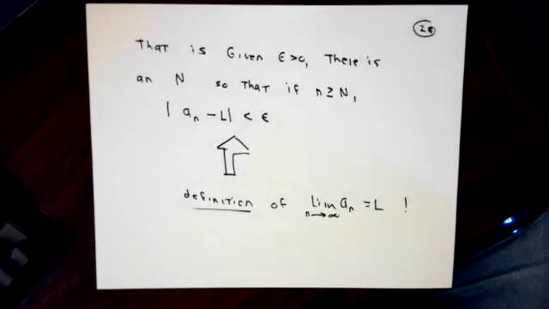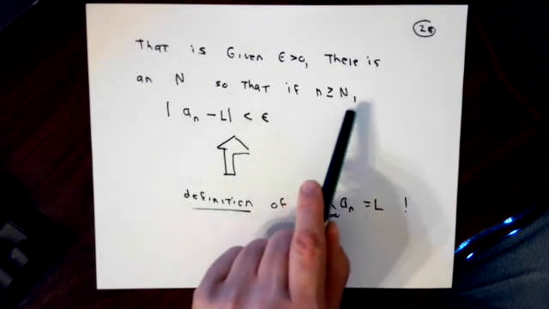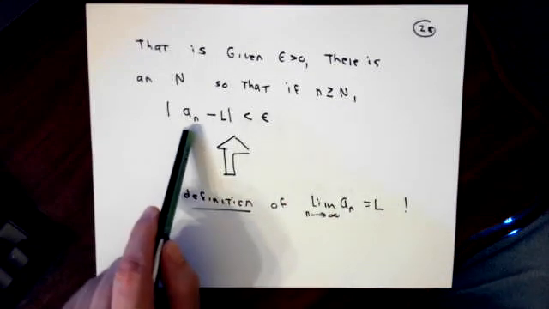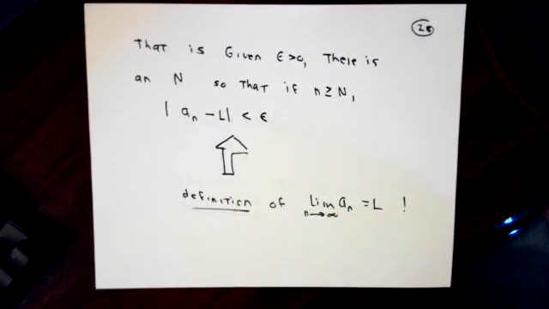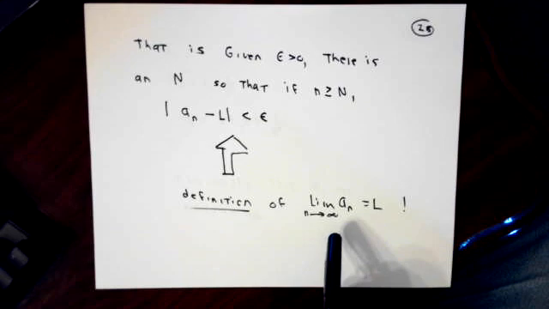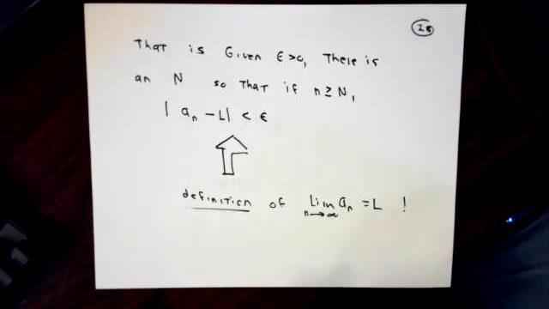So twist the language around until it matches up with the language we talked about previously. Given any positive number epsilon, there is a number capital N, so that if little n is bigger than or equal to capital N, then the distance between a little n and L is less than epsilon. This is literally the logical definition of what it means for the limit as n tends to infinity of a n to equal L. You can do something similar if the sequence is decreasing.